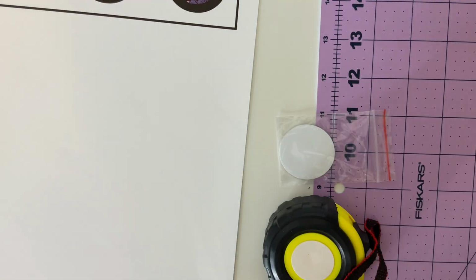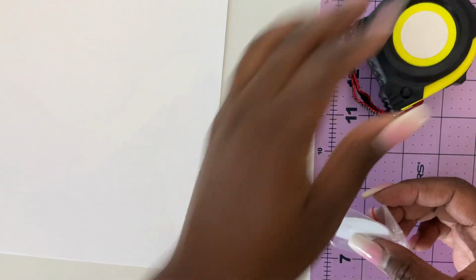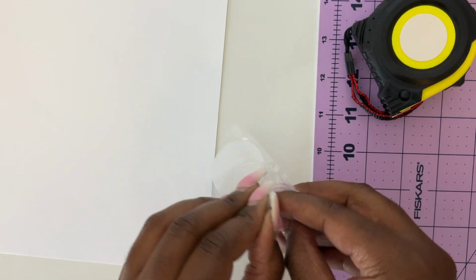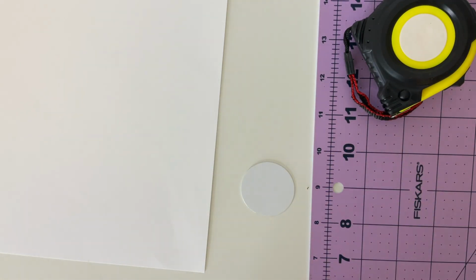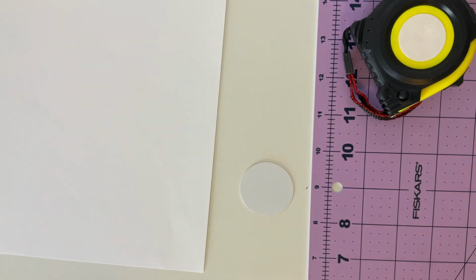So I have a couple of them, but what I'm going to do is I'm going to show. Don't look at my nails, y'all. I need to fill in so bad. I was using those press-ons because I didn't have to deal with that. But what I'm going to do,